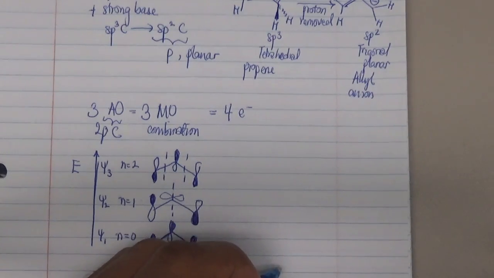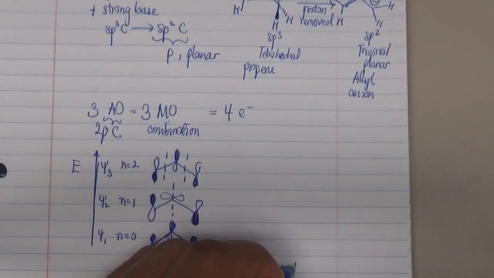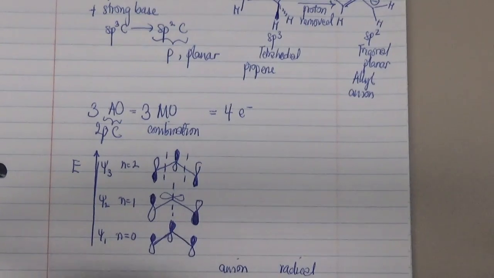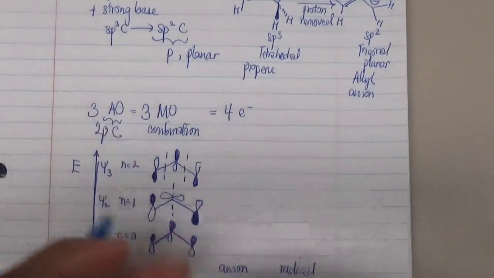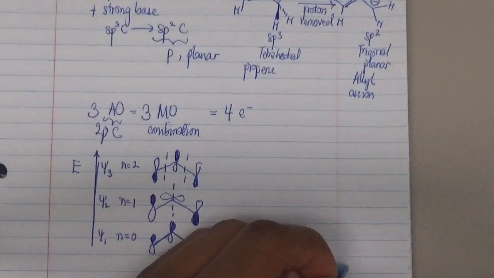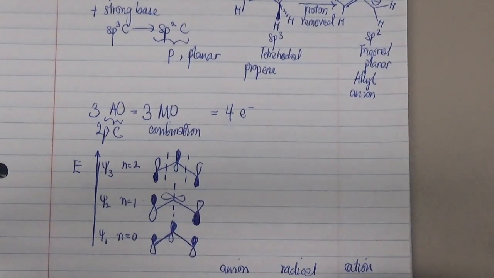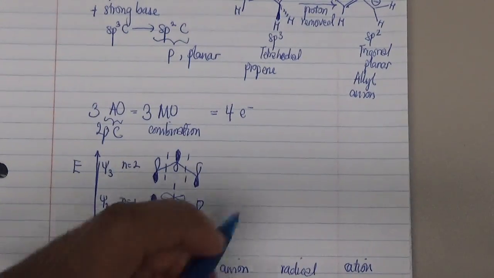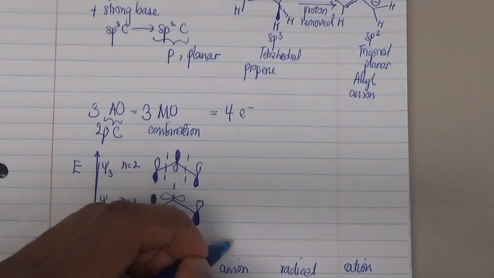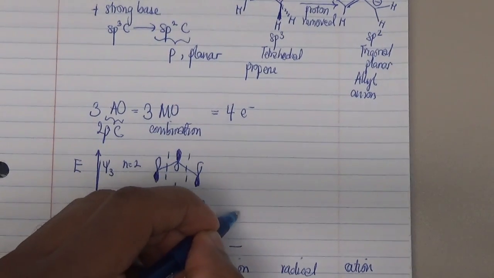The second way is generating a radical to activate our propane, and lastly is to generate our cation to activate our propane. Now all their energy levels are pretty much similar or the same with respect to each other,